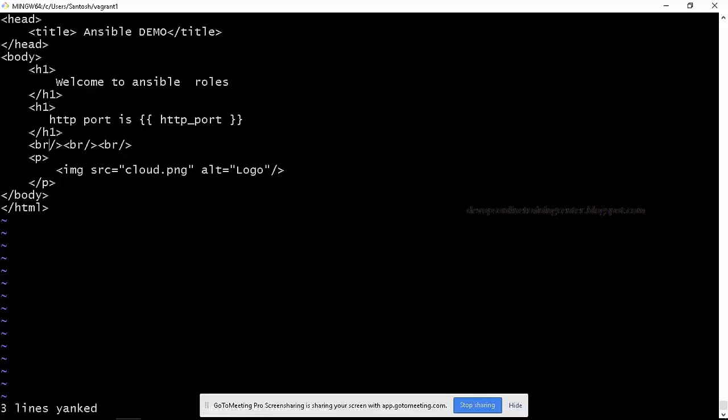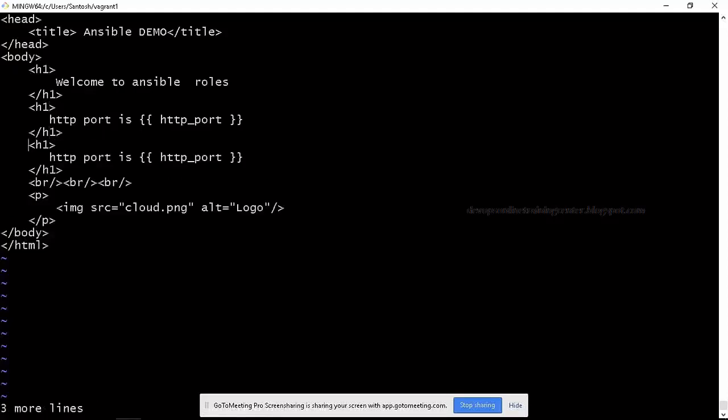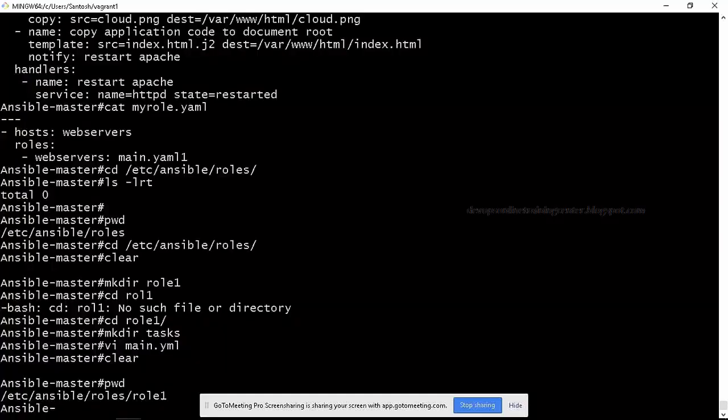So how do we specify that? I'll just say my OS is Ansible underscore OS underscore family, right? So let us see what it will display if I execute this playbook.